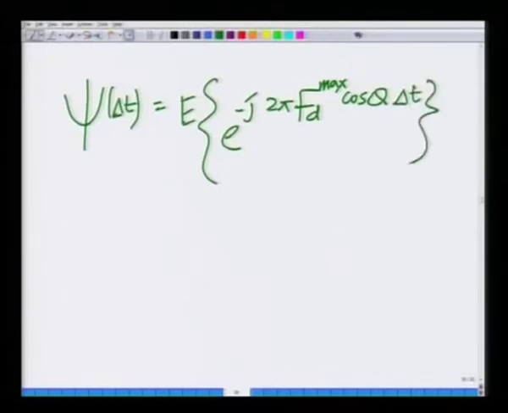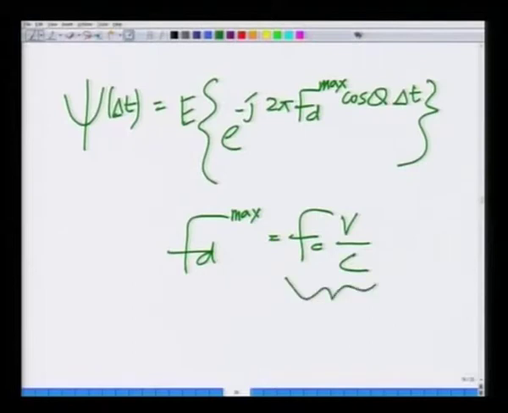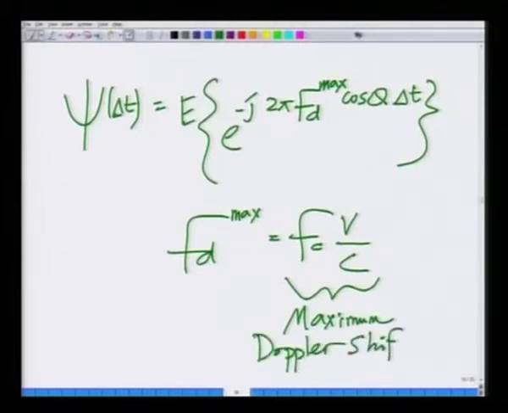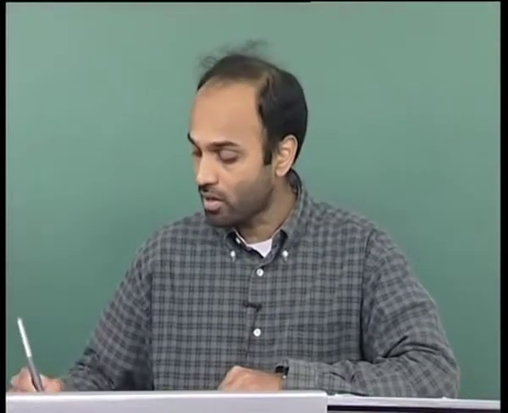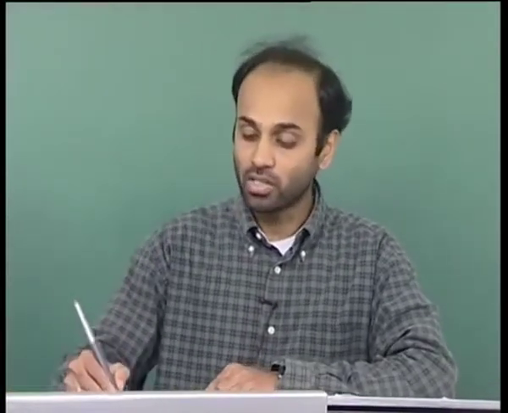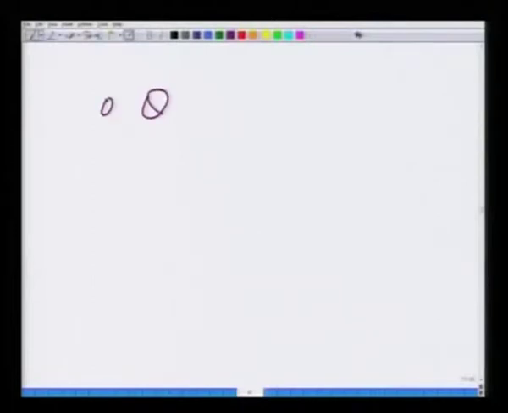over delta t, where Fd max equals Fc V over C, and this is the maximum Doppler, this is the maximum Doppler shift. Now, I have to take the expected over theta, because remember theta is still unknown, because theta we said lies between 0 and pi depending on